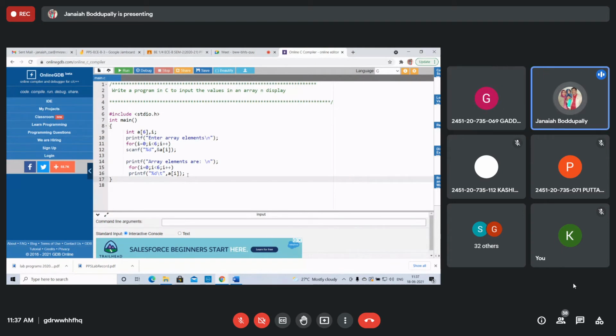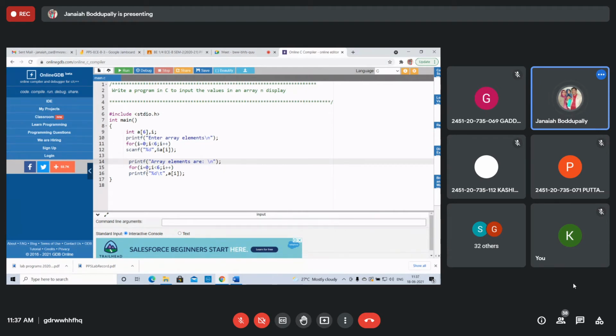How can you write like that? First for i equals 0, i less than 6, i plus plus. If you want to take two-dimensional elements, rows and columns, you use nested for loops. But reading and writing in the same loop, you can't take. You take the elements, then you display whatever elements you have taken. How can you take them within the same for loop? It's not possible. Try it, whether it is possible or not.